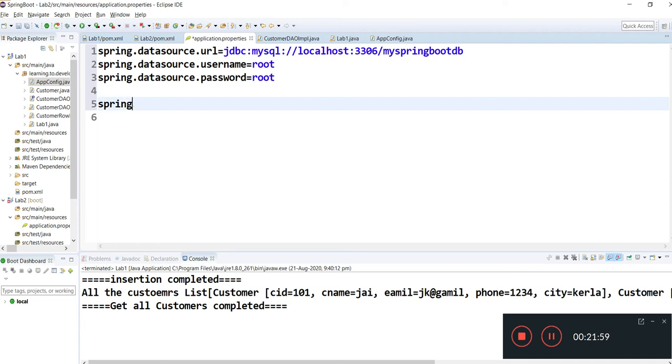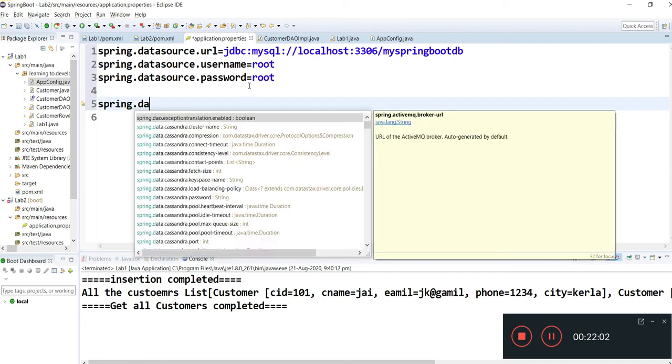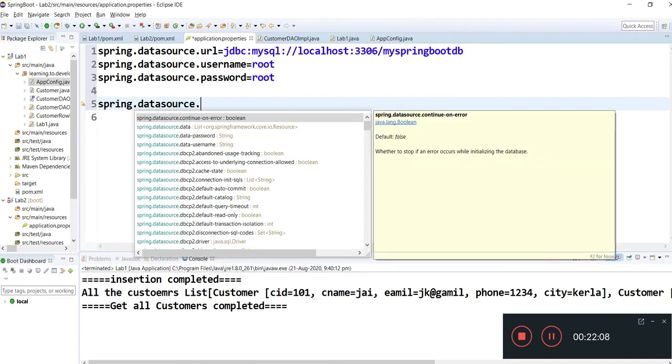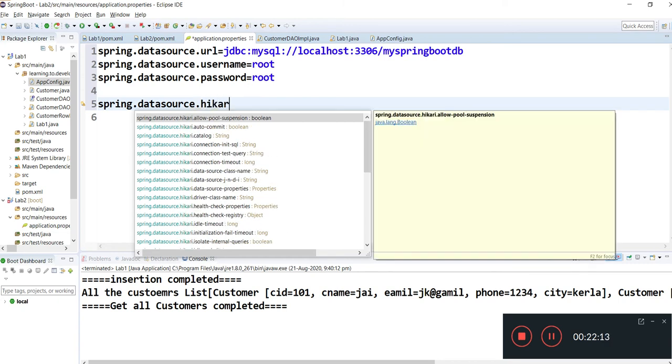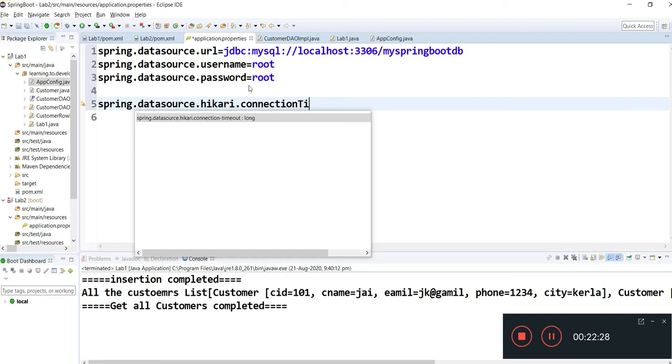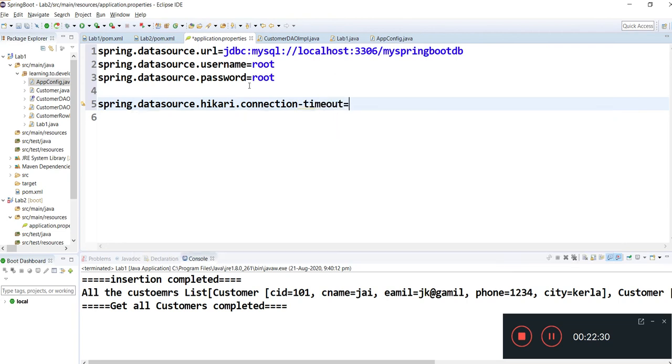So we will mention spring.datasource.hikari.connection-timeout as 20,000.